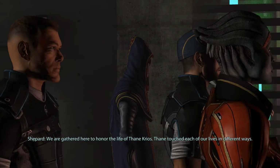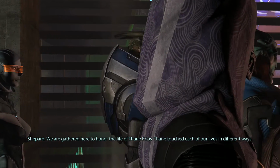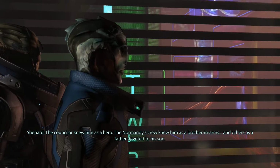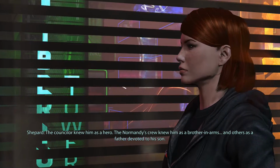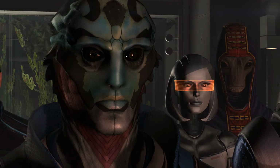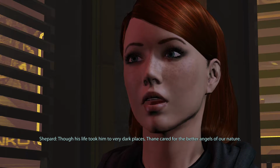We are gathered here to honor the life of Thane Krios. Thane touched each of our lives in different ways. The Counselor knew him as a hero. The Normandy's crew knew him as a brother in arms. And others as a father devoted to his son. Thane redeemed himself. Though his life took him to very dark places,